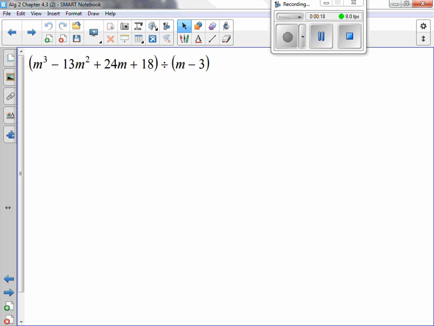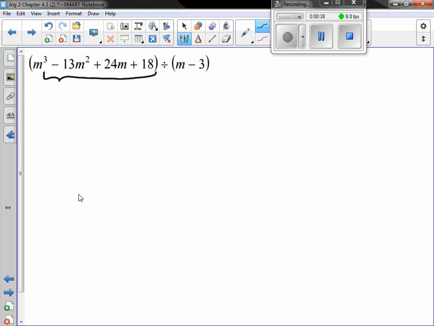Now the way that we do synthetic division, there are a few main steps involved. One of the first main steps is making sure all the numbers are there, that they are in standard form. So one is that they need to be in standard form. So when I look at both of these here,